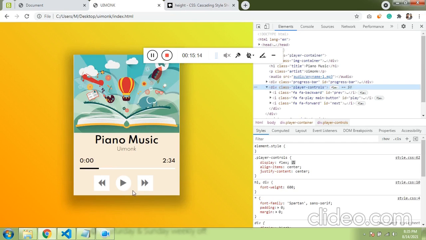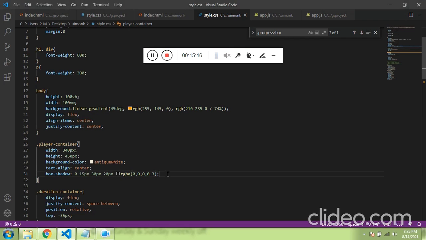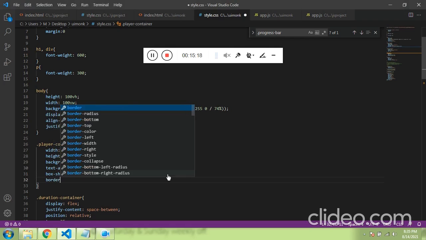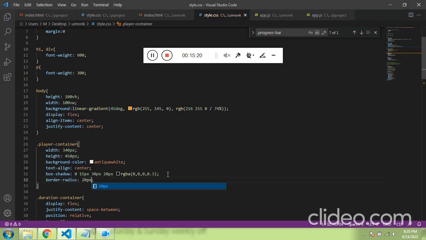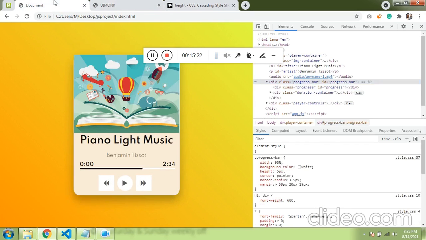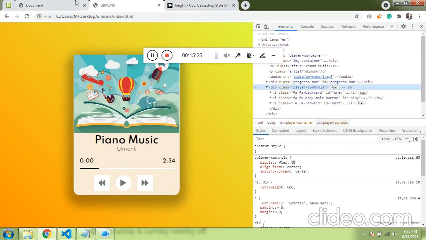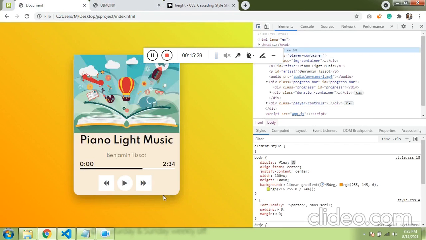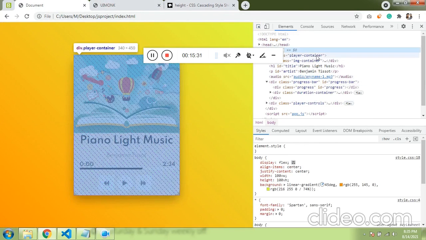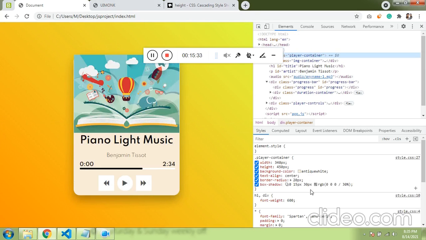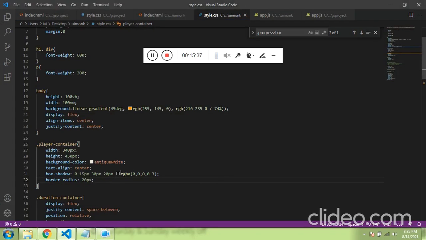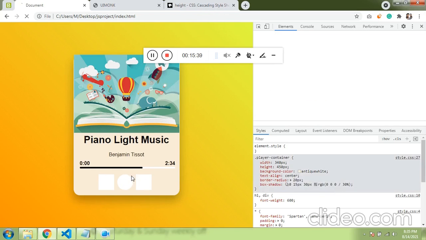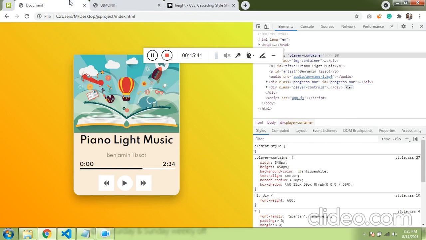Refresh this, and finally border radius 20 pixel. Cool, almost similar, except I think I have given the spread too much. Get the player container, we need to specify this spread. Cool.